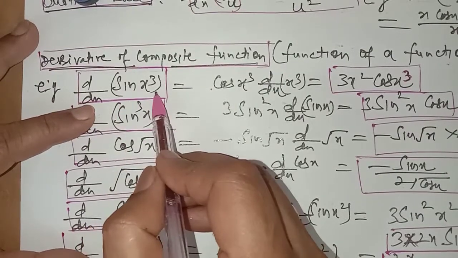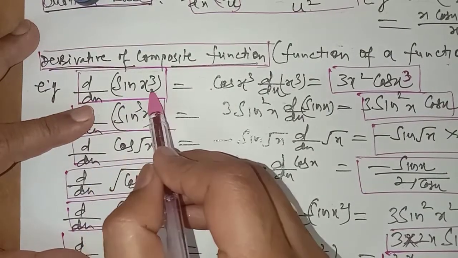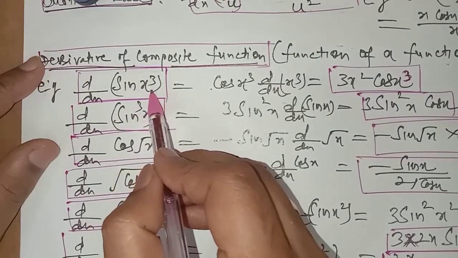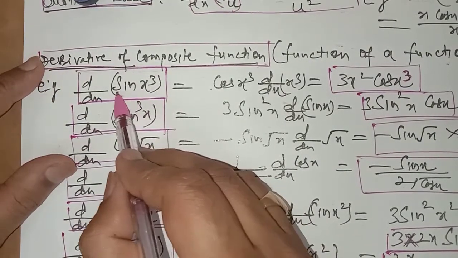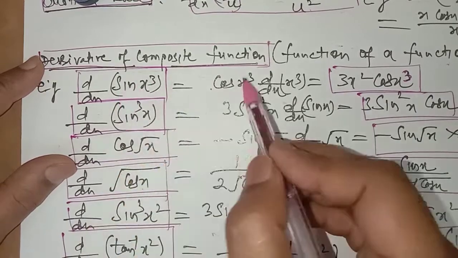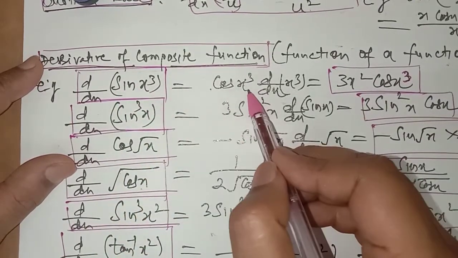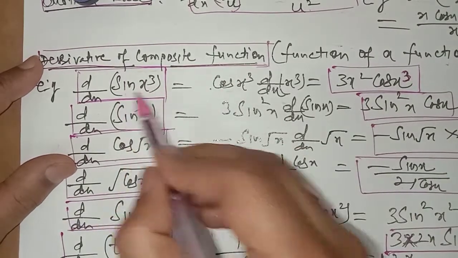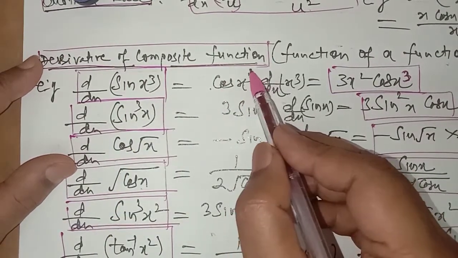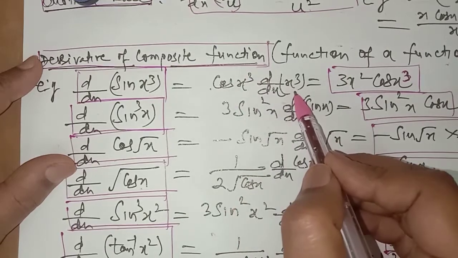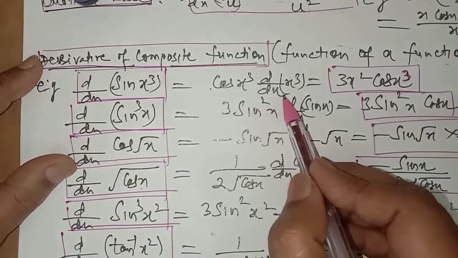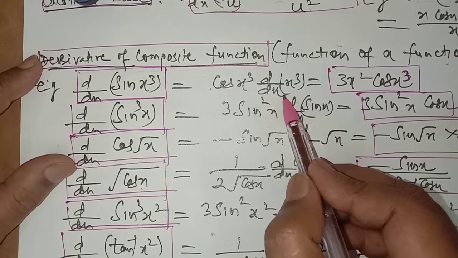Now we can differentiate it like this, sin x cube. Whenever we have sin x cube or some trigonometric function with some angle, first of all differentiate the trigonometric function. Sin derivative is cos, write x cube angle as it is. First of all differentiate the trigonometric function: sin derivative is cos x cube. Now multiply with the derivative of x cube. Cos x cube multiplied by the derivative of x cube. This is the method to differentiate the composite function, and you have done it already in your class 11th.